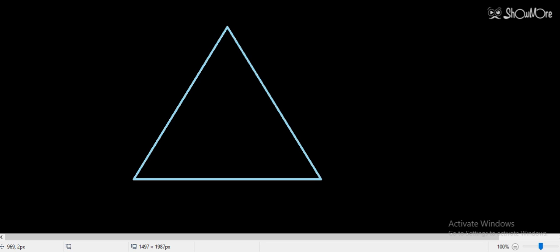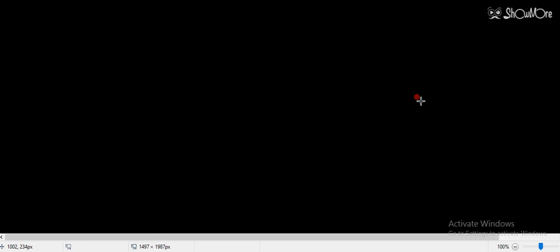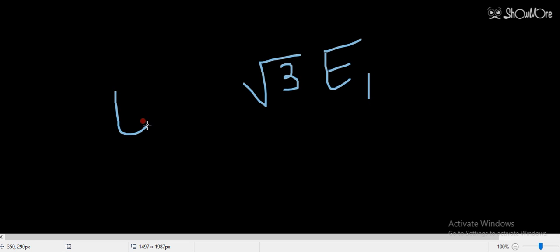Then the resultant will be equal to under root 3 times either force. So under root 3 times E1 you can say this is the resultant force, the resultant electric field. So ER is equal to under root 3 times E1. If you have to put the value of E1, then it will be under root 3